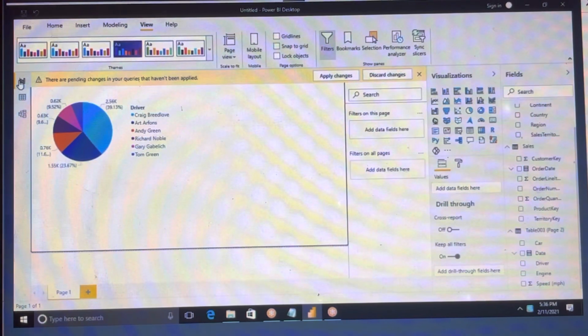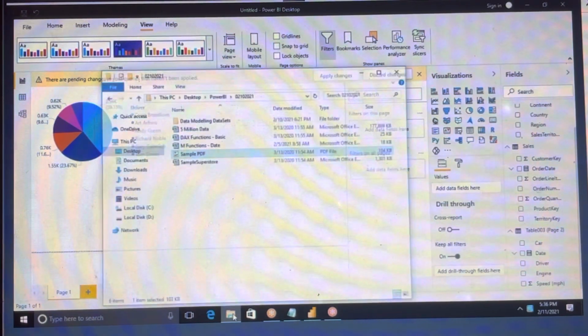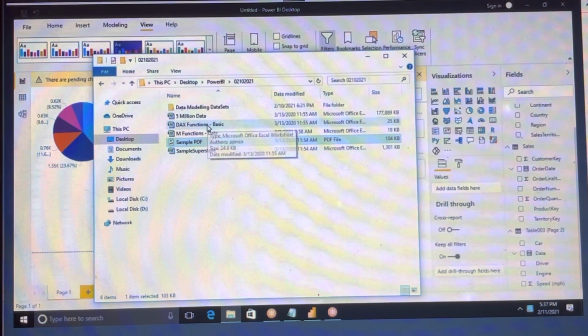Right, and what we can do here is, one second. Let me open DAX functions.